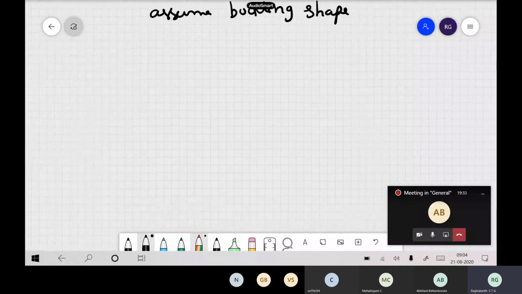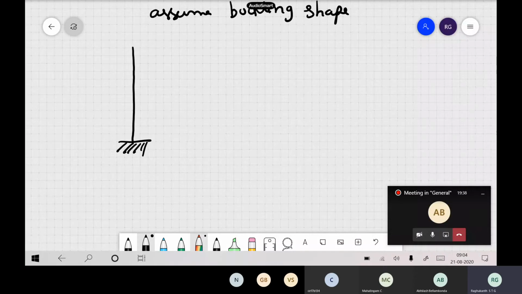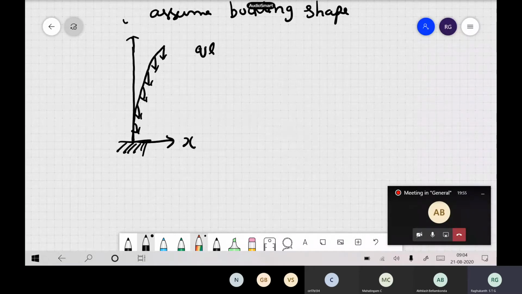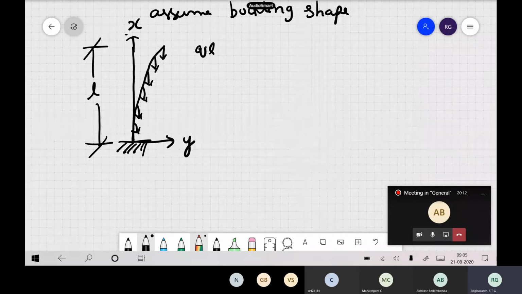Now let us see one more example of self buckling. This we already saw previously. You have a cantilever with a distributed load, q times l. This problem we have already seen, and the solution turns out to be in terms of Bessel functions. So this is y, this is x, and l is the length of this cantilever. Already we have derived the solution previously by the force method.